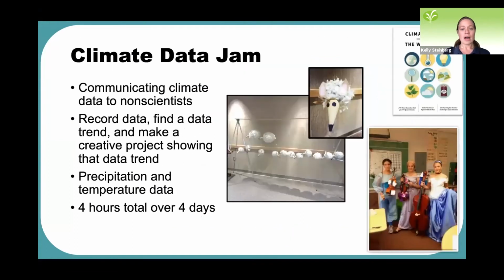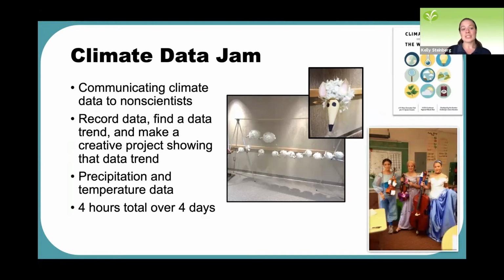So I'm going to go ahead and jump right into our first activity that we'll be doing today. If you were with us on Monday, Steph previewed this a little bit. It's our climate data jam, and we'll spend a good chunk of time on this today. A data jam is a model Asombro developed and has been using for 10 years, and is now in use all over the country. There's a few main components of a data jam.